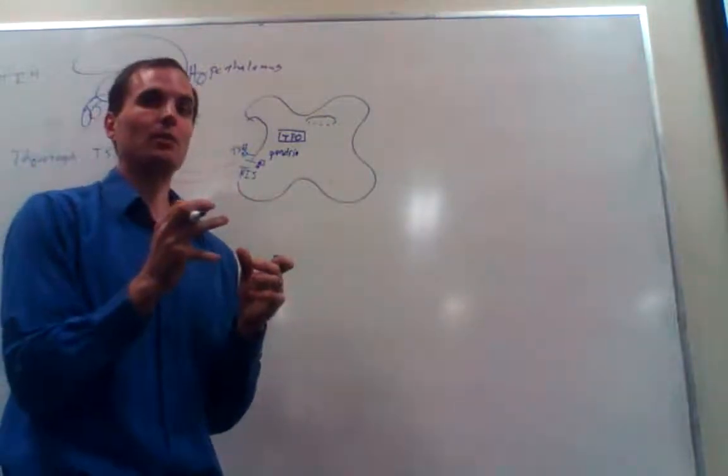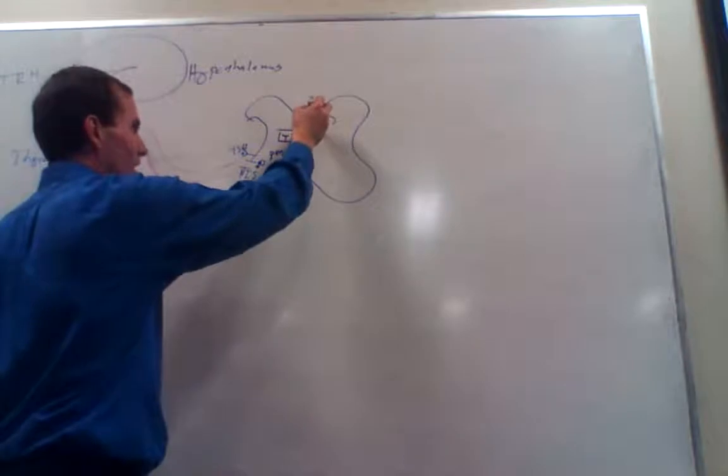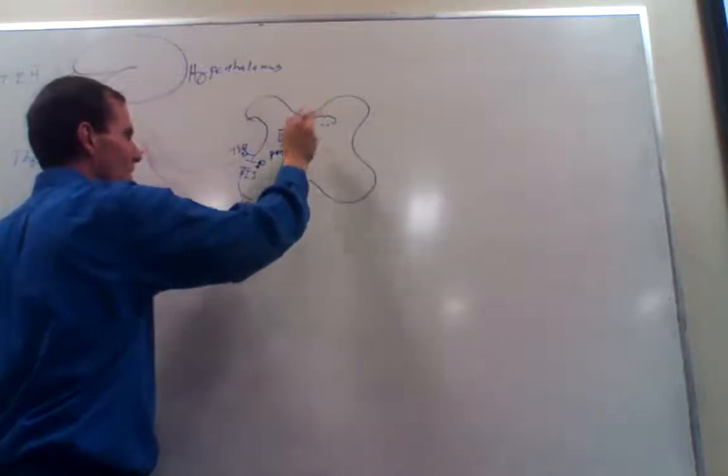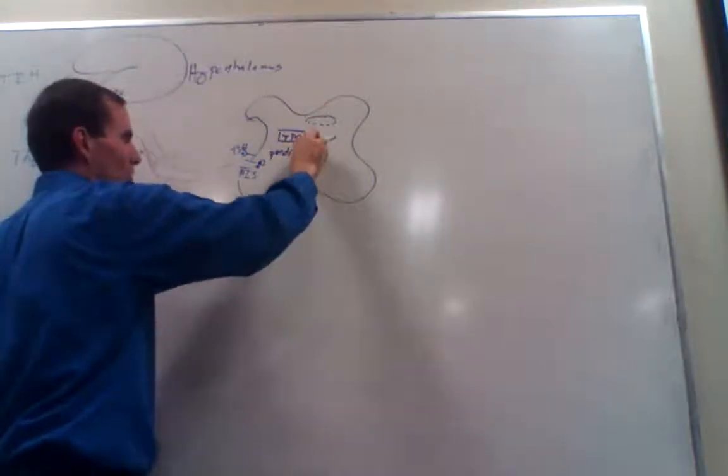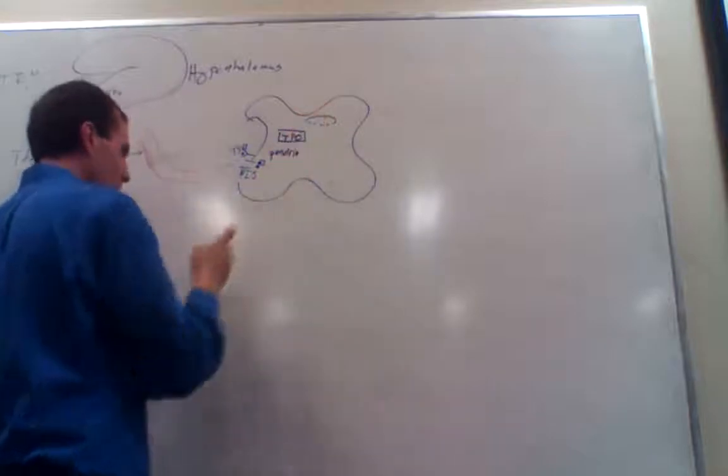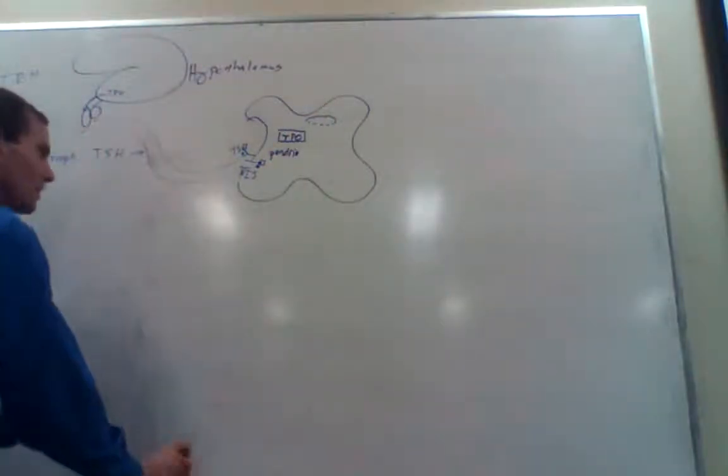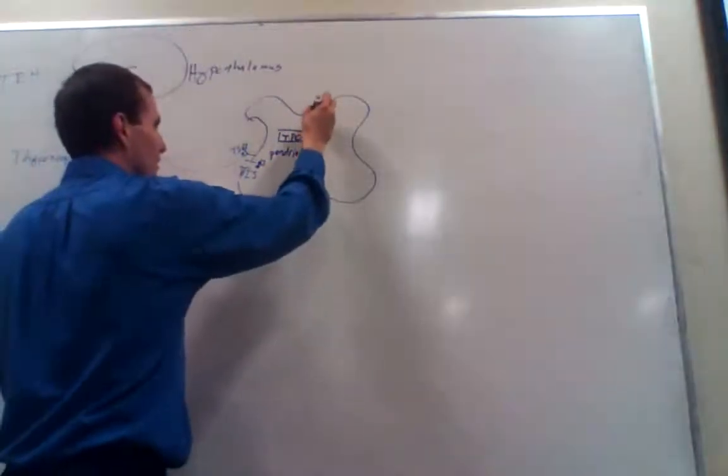So a thyroglobulin protein has been waiting around for iodine to be attached to it, and pendrin will turn on TPO, so the TPO can take all that new iodine that just came in and attach it